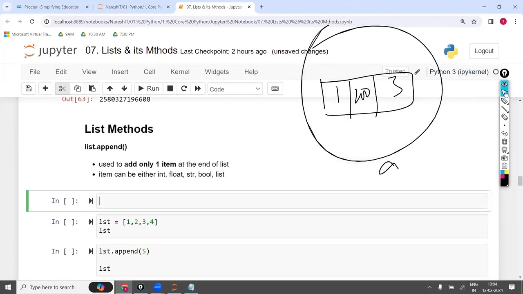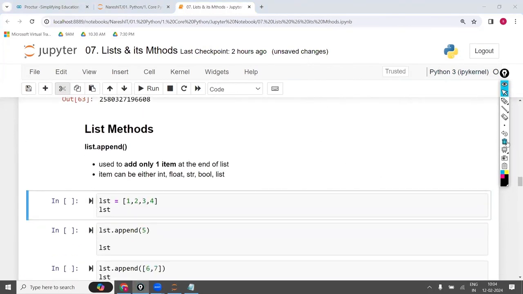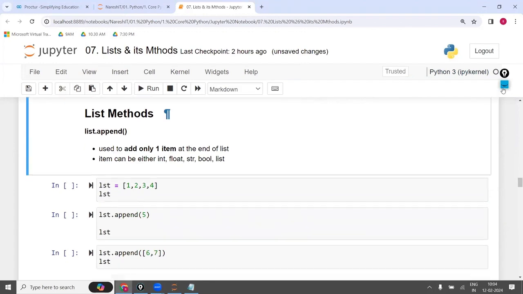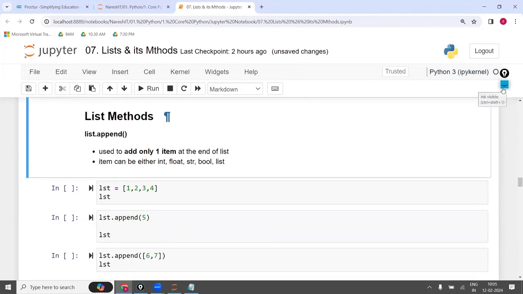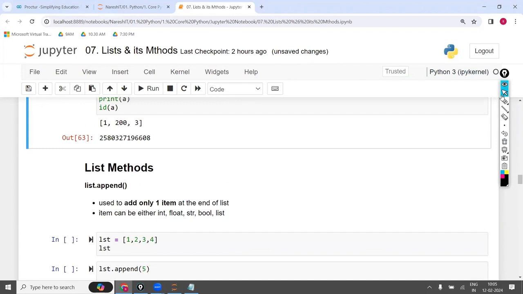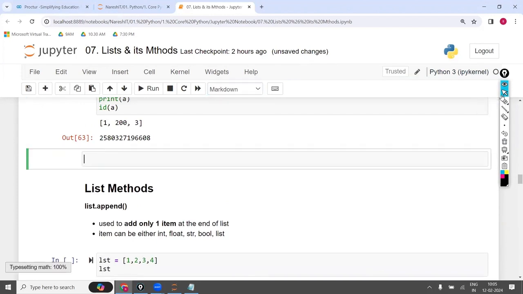Next, we have the list methods. So what are the list methods? Here, the most important point: what is meant by a method? Again, an interview question. Method means it is a function.